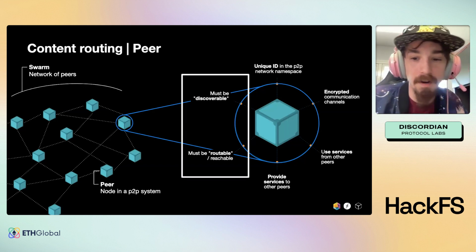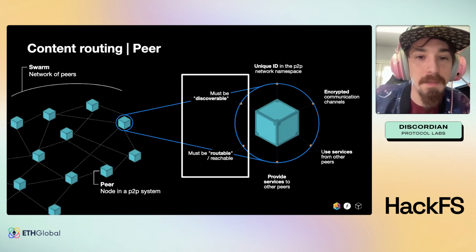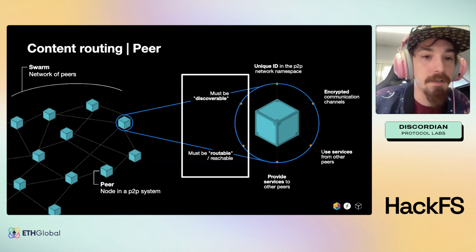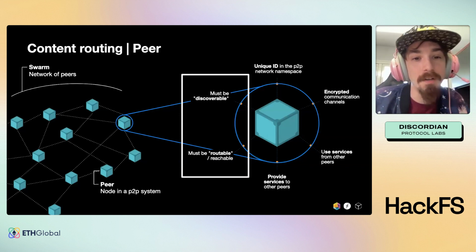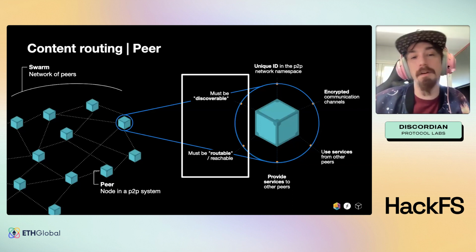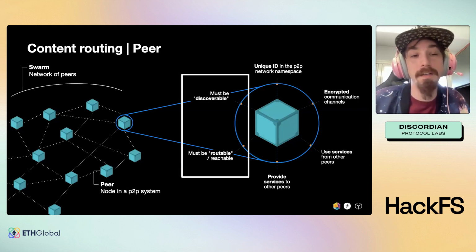But in order to get there, it means that peers need to be able to discover each other, the network transports they support, TCP, Bluetooth, and the services they can understand. This step is called content and peer routing and is achieved using something called a distributed hash table, or a DHT.